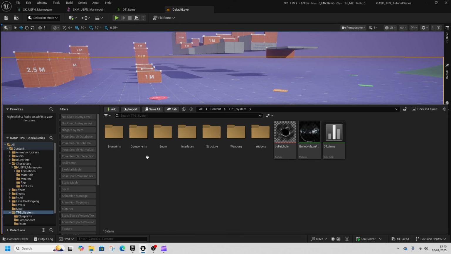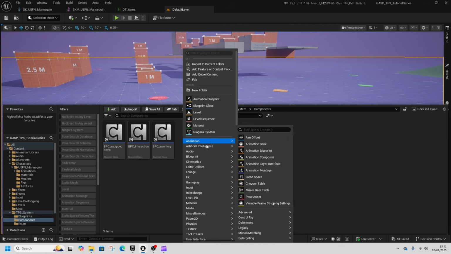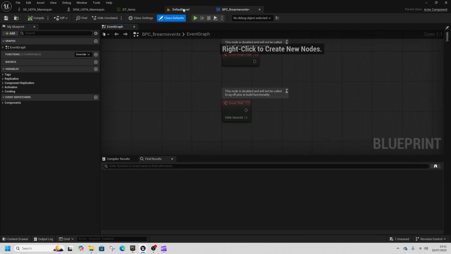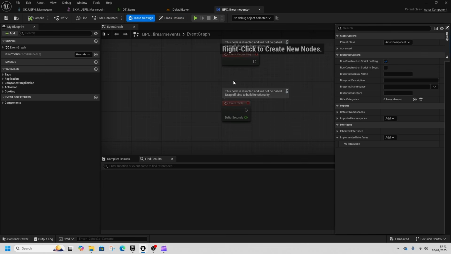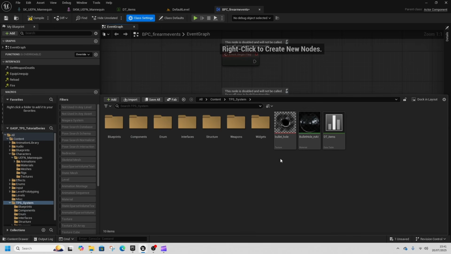So let's do some weapon stuff. Just going to right click, create a new blueprint class, type actor component, BPC firearm events, and we're going to open that up. And then what we're going to do is we're going to go to class settings and go to implement interfaces, and we'll go find weapon actions. And then inside BP